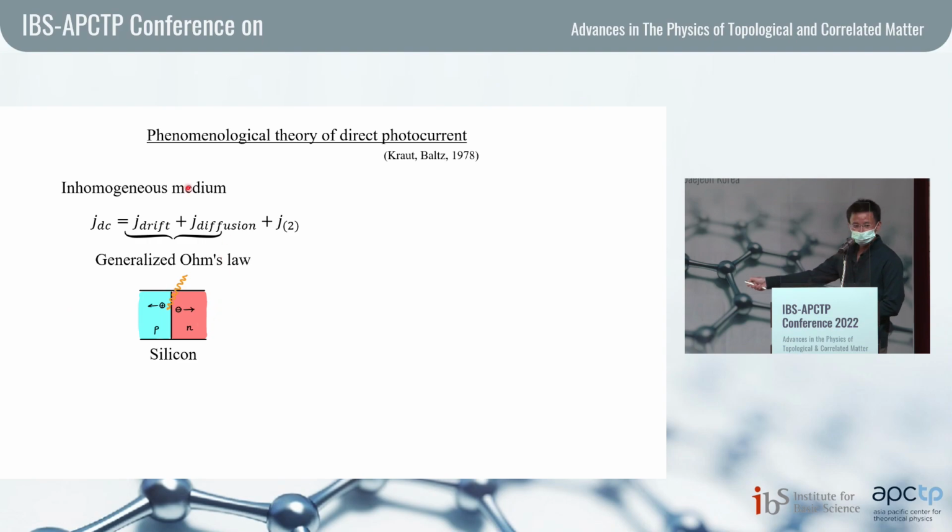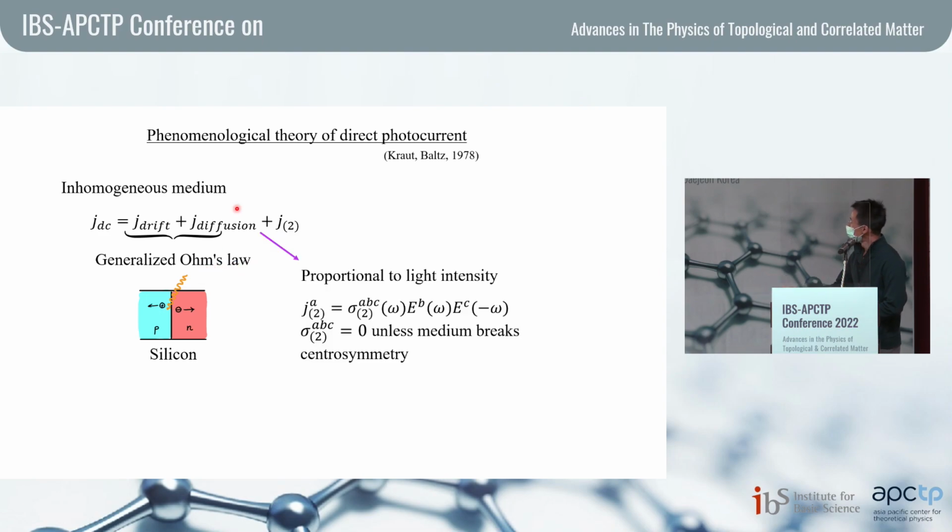the doped silicon solar cell, but there's an extra contribution, which is second order in the electric field or linear in the intensity. We can express this other term as a product of a nonlinear conductivity times E_B and E_C. A, B, C are Cartesian indices, and just because the electric field is odd under spatial inversion, and